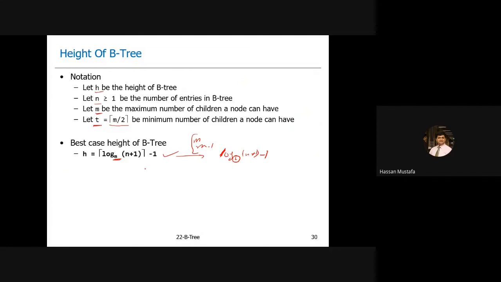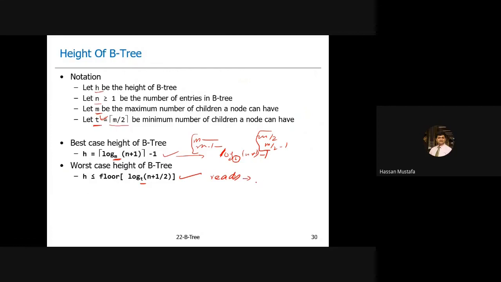And for the worst case, instead of having m children and m minus 1 keys, we would have m by 2 children and m by 2 minus 1 keys. So you can see the formula should change with respect to m by 2. So the formula becomes this one. We represented m by 2 with the value t, so the formula is log base t of n plus 1 by 2. Okay, so this is the worst case height of a B tree, and this is the number of reads,